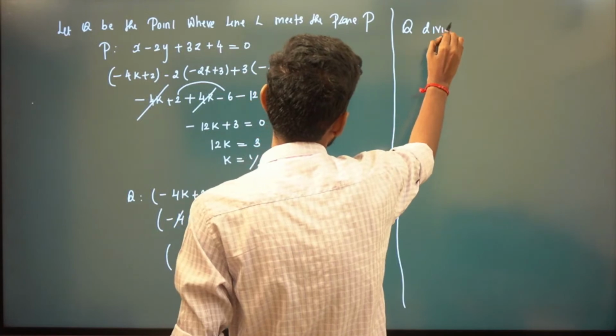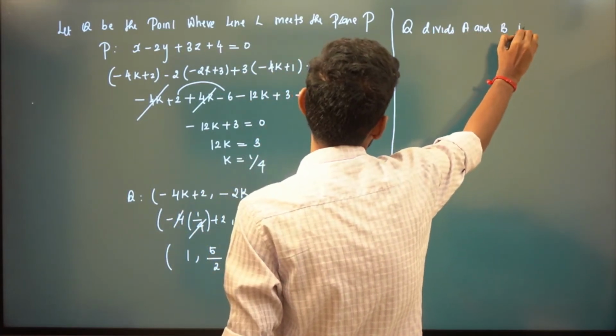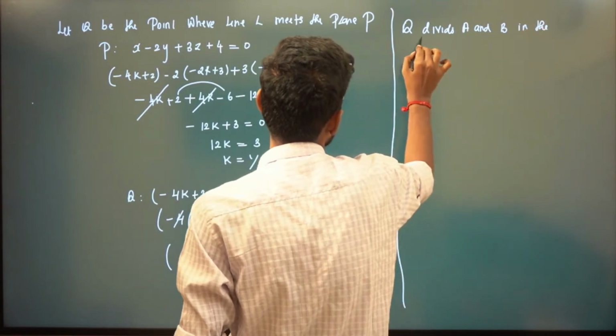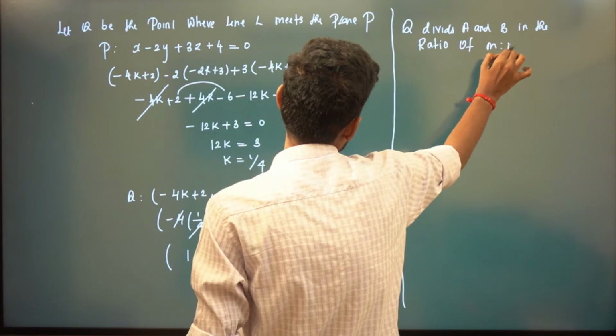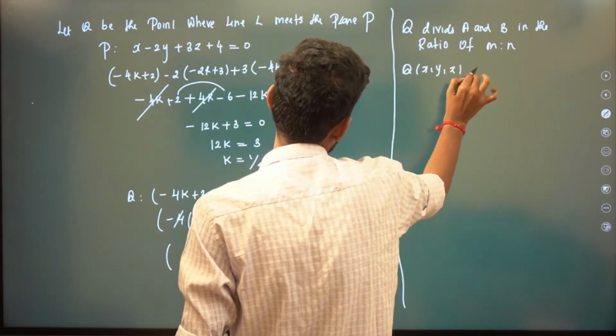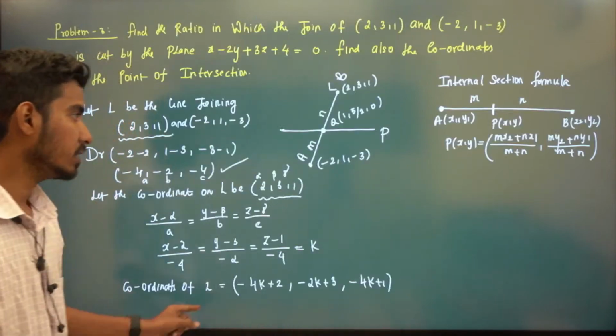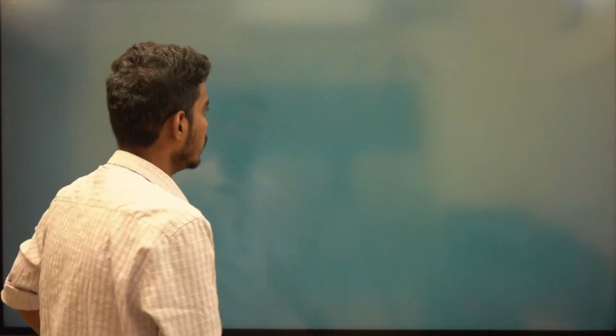Q divides AB in the ratio of m is to n. So what about the coordinate of Q? That Q coordinate is given by, you just have to extend it for 3D, right? Instead of P, I'm putting Q here. So that point will be given by